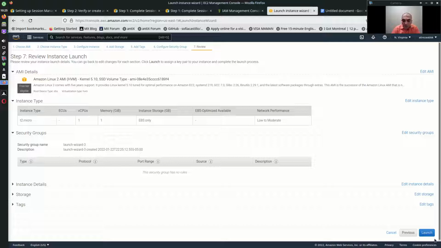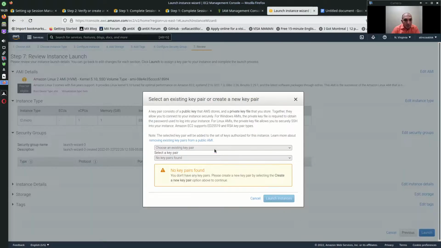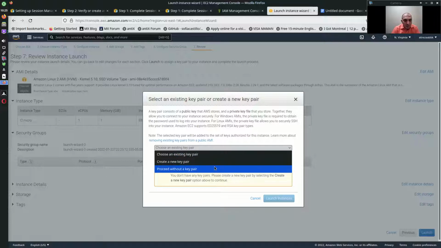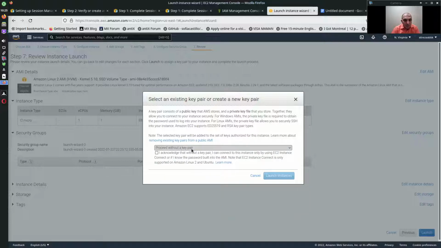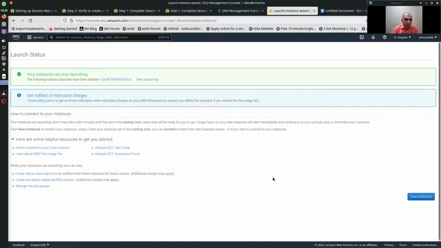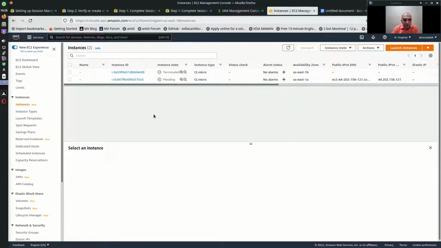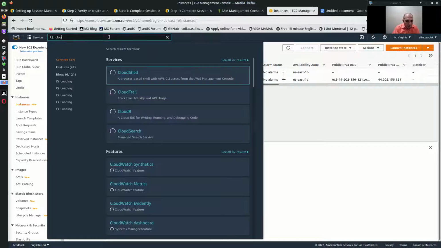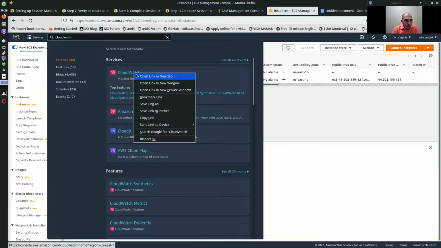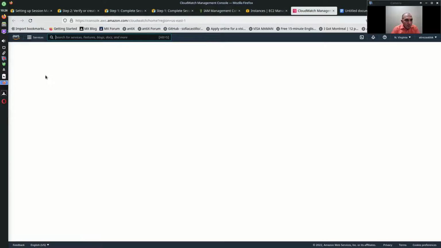The next step is launching a server. Here I am trying to proceed without a key pair. I try to launch an instance. Okay, here it is pending. But we try to go to the CloudWatch. Here in the CloudWatch,